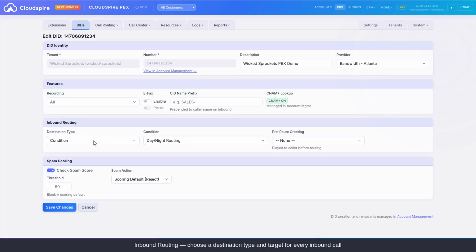The heart of DID configuration is the inbound routing card. The destination type dropdown determines where calls go when someone dials this number. You can route to an extension for direct-to-desk calls, an IVR auto attendant for menu-driven routing, a hunt group to ring multiple extensions, a queue for call center distribution, a condition for time-based routing, like business hours versus after hours,